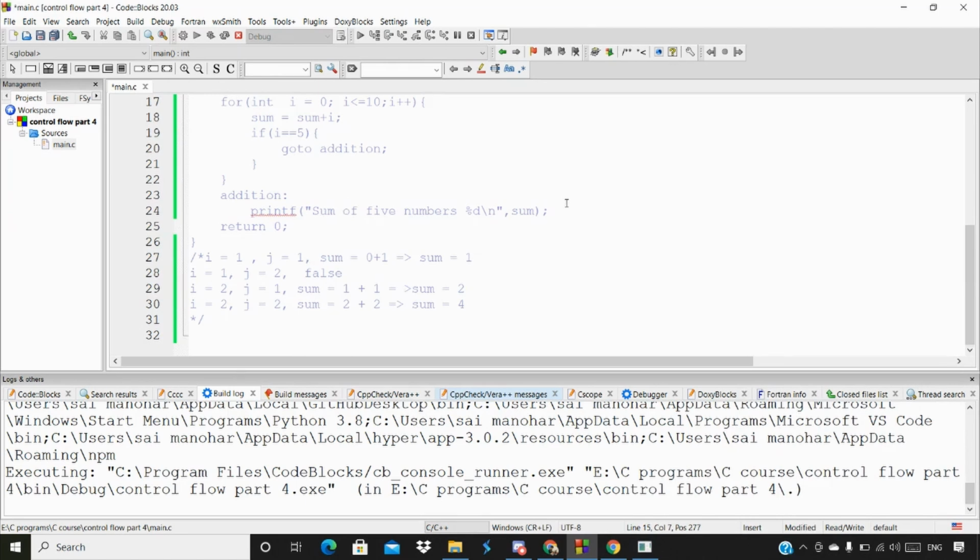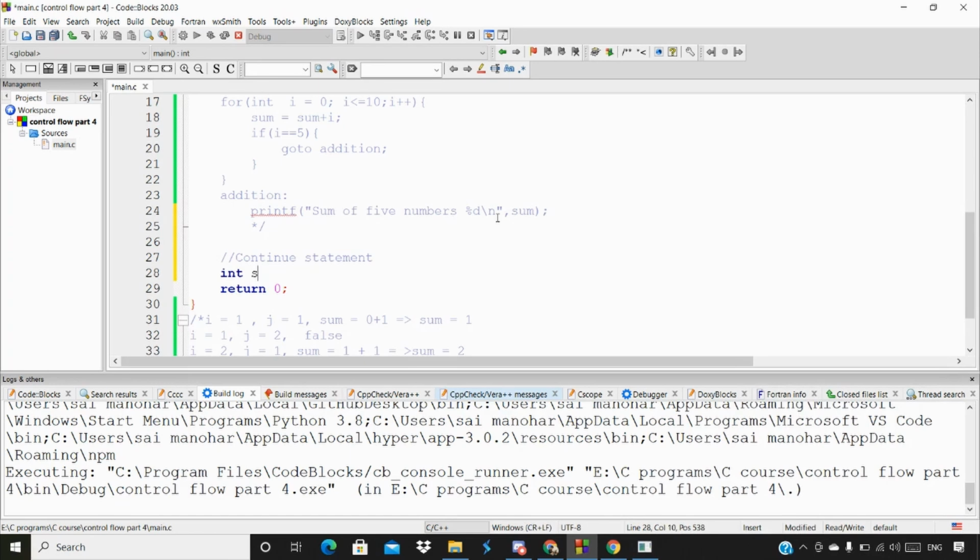So let's move on to the next topic, that is the continue statement. So what exactly is the continue statement? Let me write the continue here first. How it exactly works, we'll discuss right now. Before that, let me write the code first with an example, so that you can get more clarity about continue.